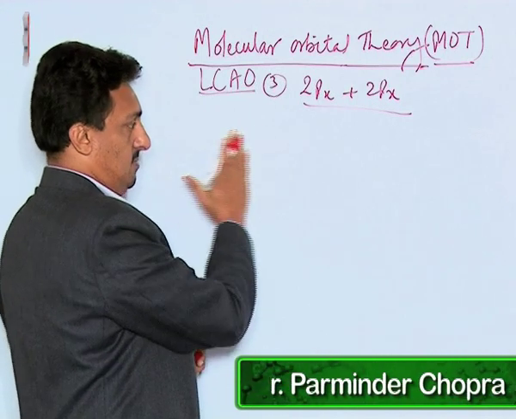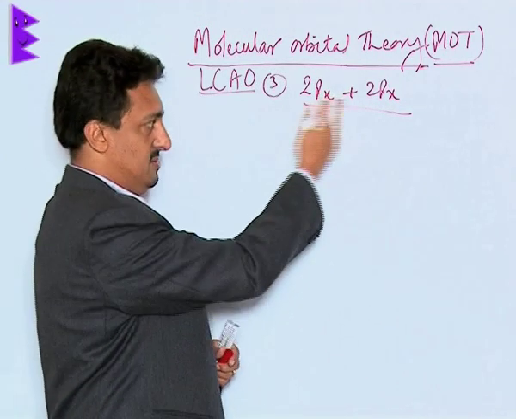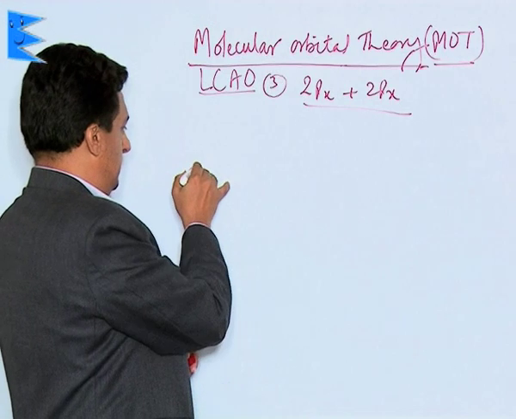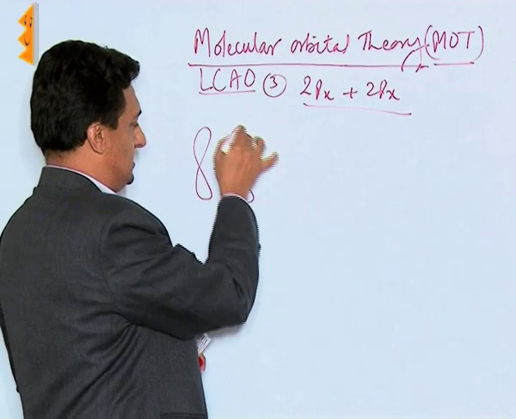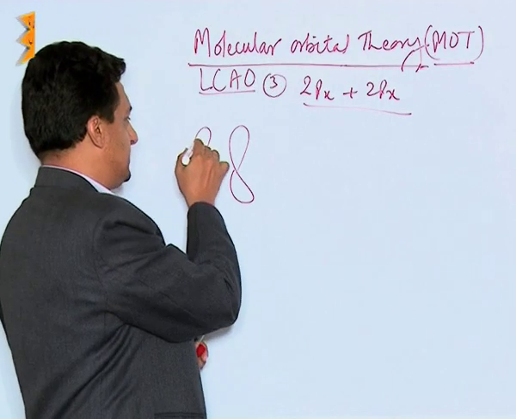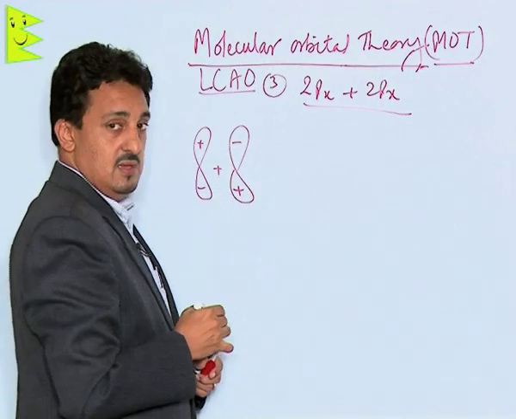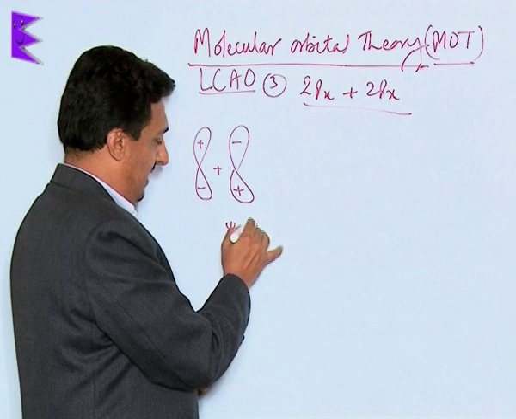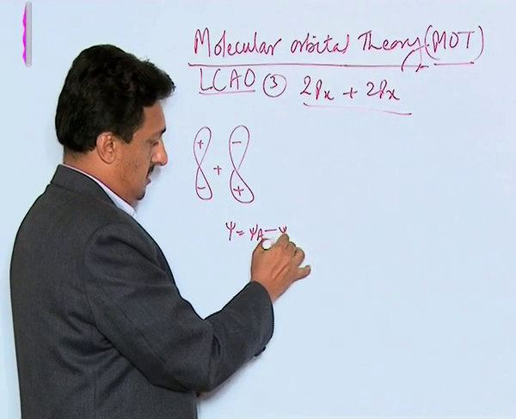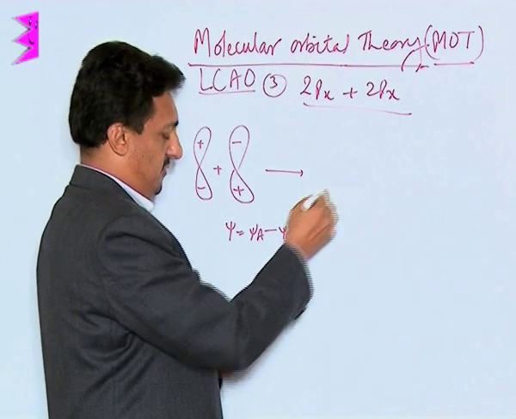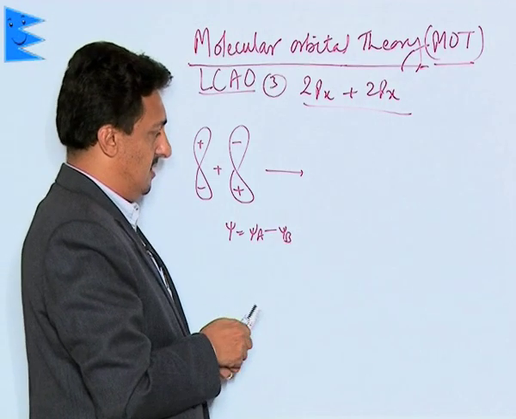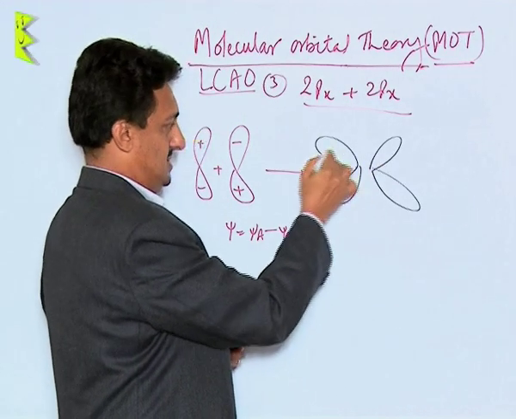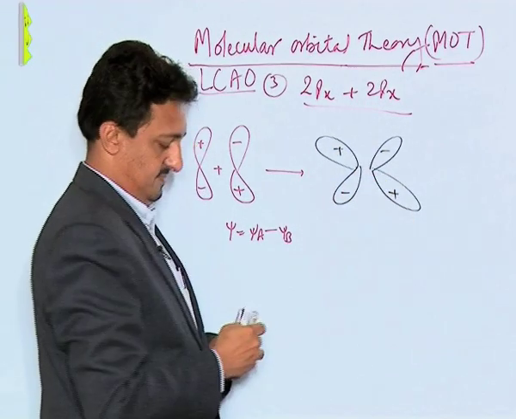2px or 2py, it can be the same thing because they both will have the same type of overlapping. Now, it can be like this, where if the signs are like this, we say they are not in the same phase. So we say subtractive overlapping takes place, and this results in the formation of an anti-bonding molecular orbital, which is drawn like this, plus, minus, minus, plus. So this is your